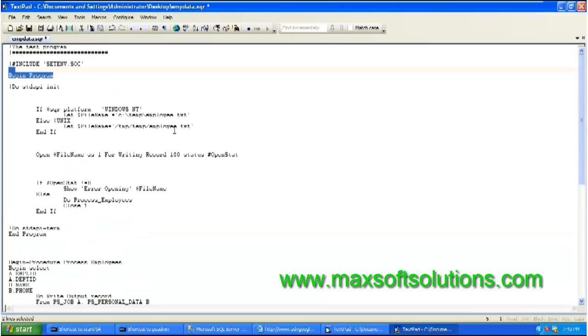Okay, coming to the program here. Begin program. Just identifying on which platform I am running the program. It's a Windows platform or else a Unix platform. I'm using a predefined function from the SQR platform. If the SQR platform is Windows, my file name is this one,